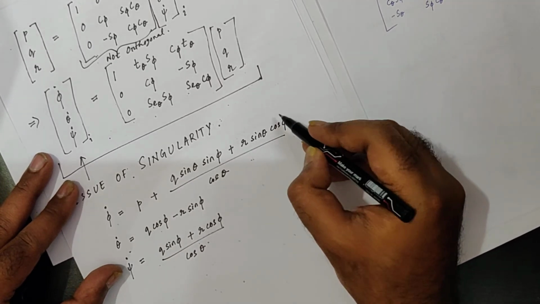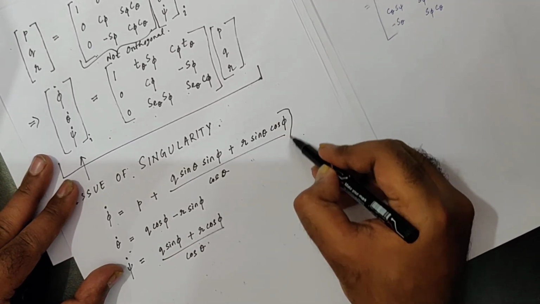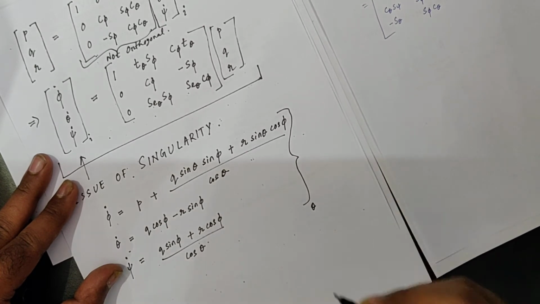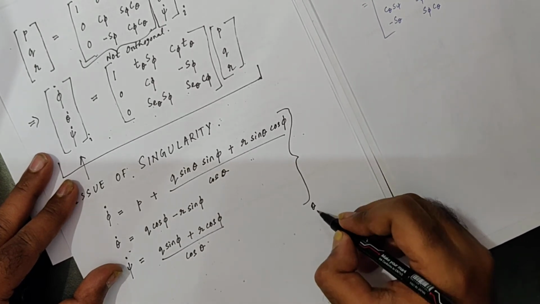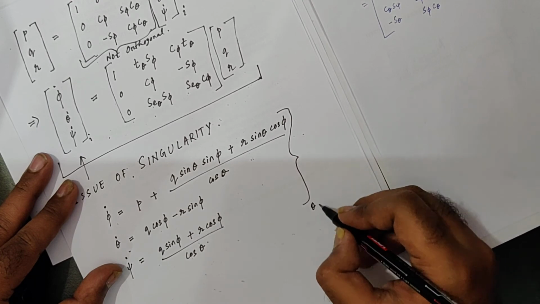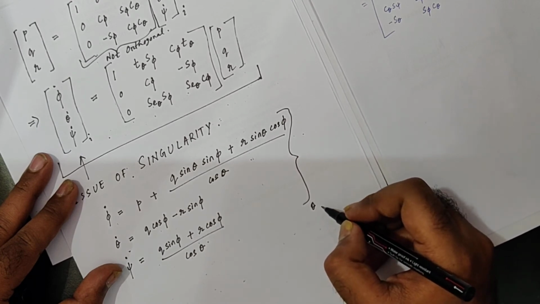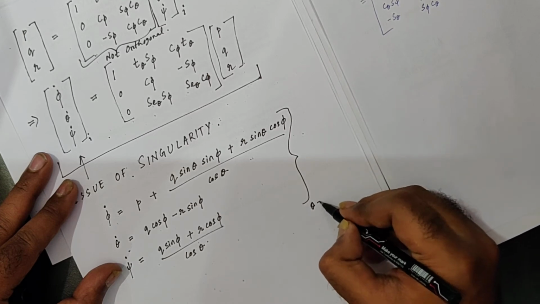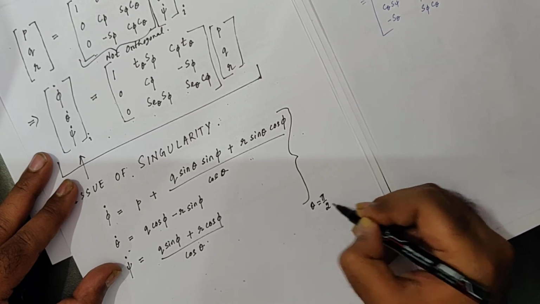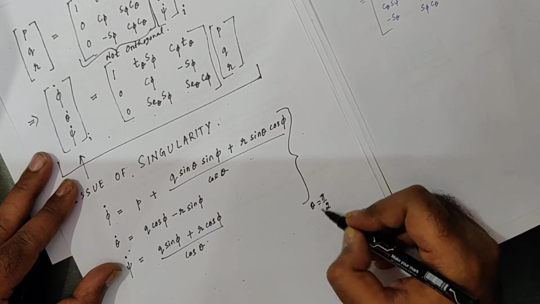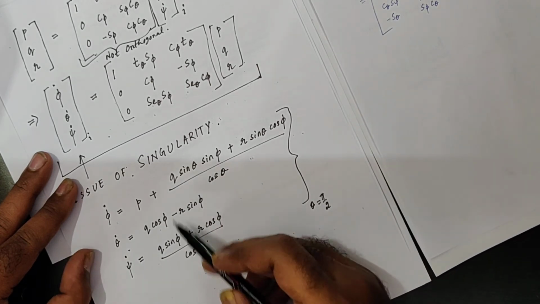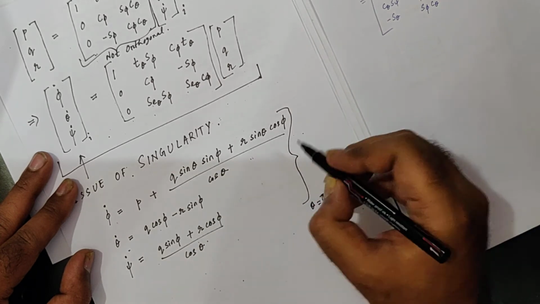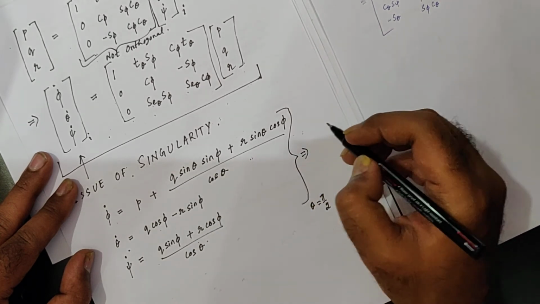arises when theta, meaning the pitch angle or the inclination, becomes pi by 2. So once theta becomes pi by 2, wherever you see theta, you just put pi by 2. So these equations boil down to